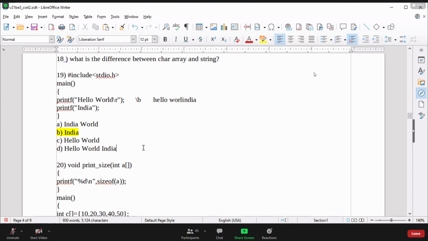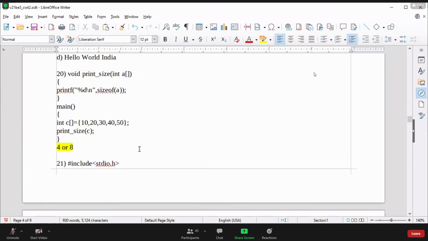What is the output of \B? That slash is not a correct one, right? That is not any kind of escape sequence. That kind of escape sequence is not available in C. I'm explaining about escape sequences. So only if a proper escape sequence is available does it work. Otherwise, it will be considered a normal character, a normal slash. So you need to use a proper escape sequence, then only it works.